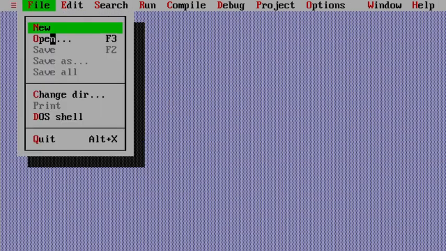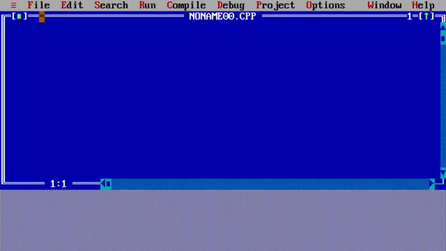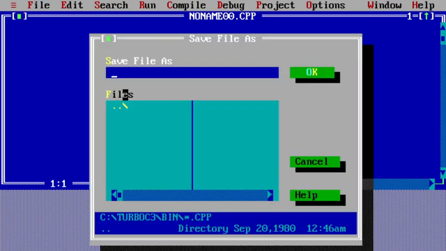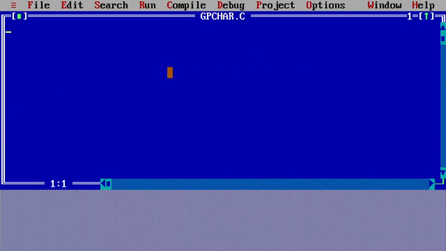Take a new file and save it as gpchar.c. Every C file should have the extension .c.